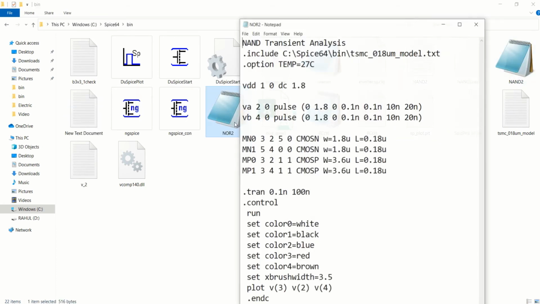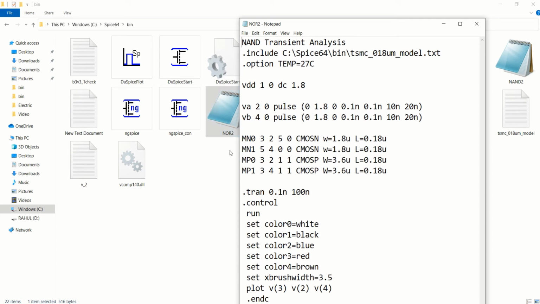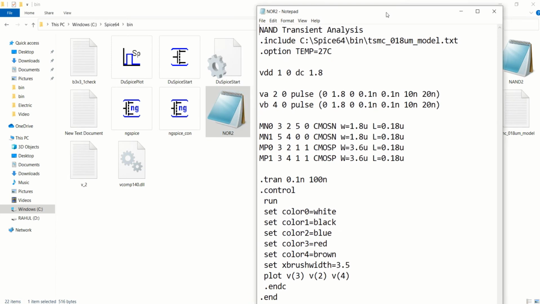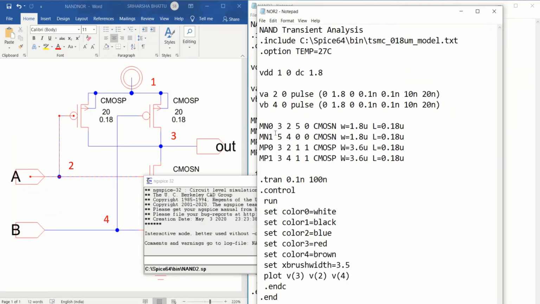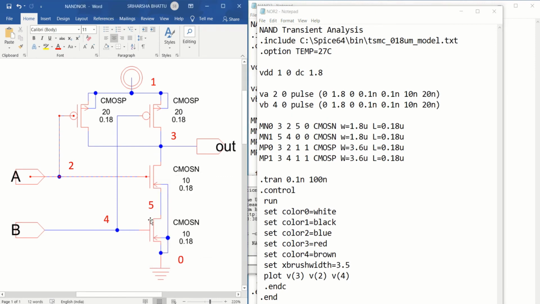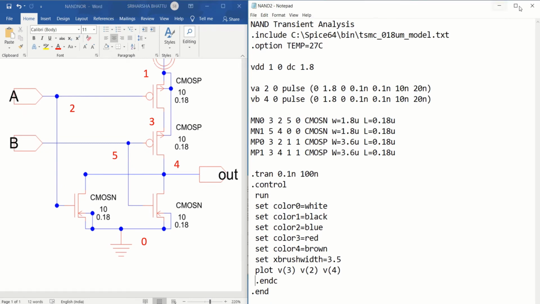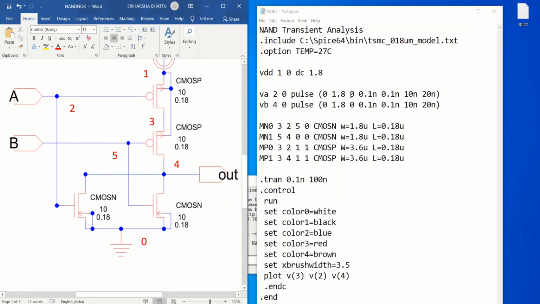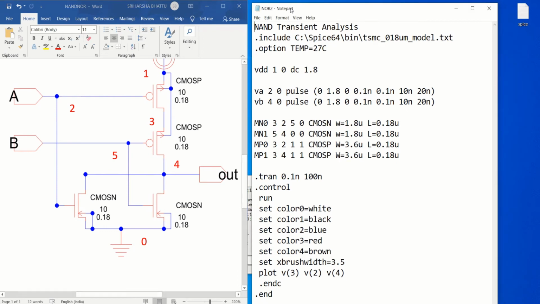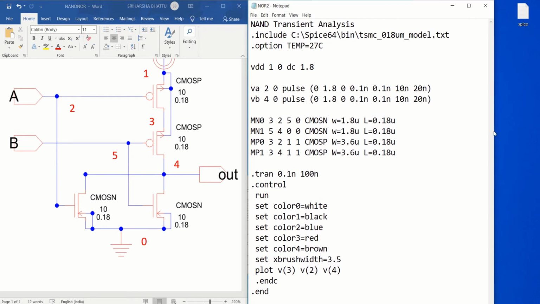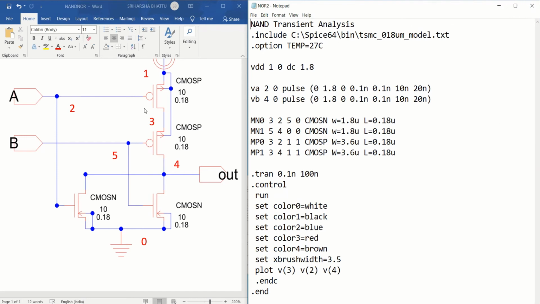Now open this NOR. You have to modify the spice netlist as per the requirement of your circuit. Go to the circuit diagram and you can see how you have to modify the spice netlist. So you'll try to see this spice netlist of the NOR gate.